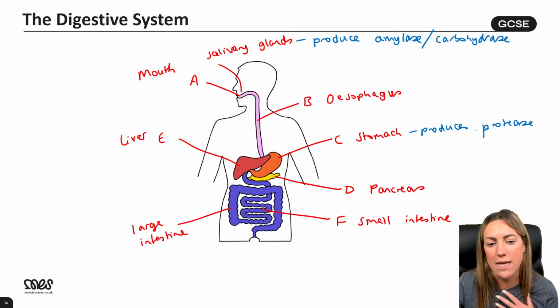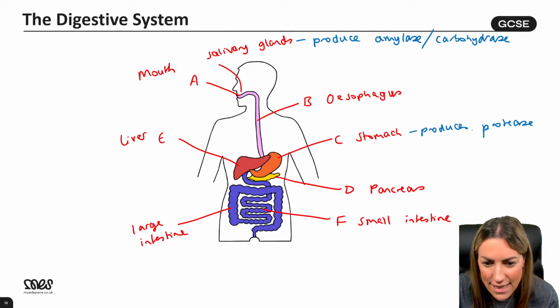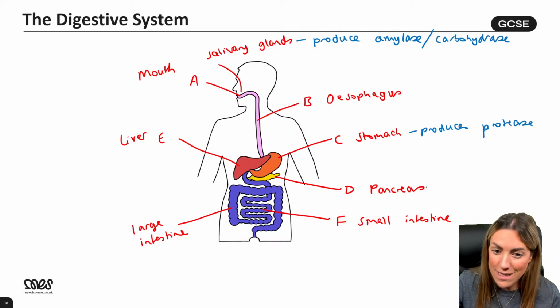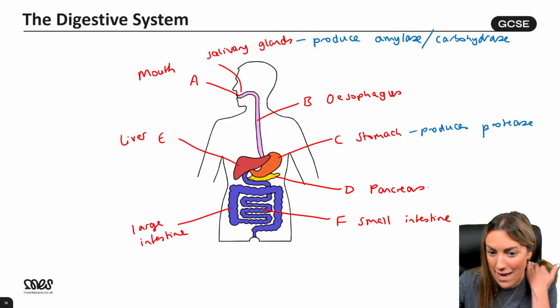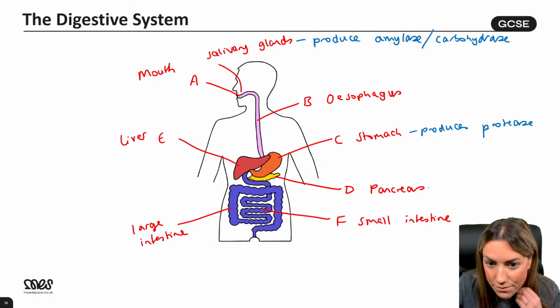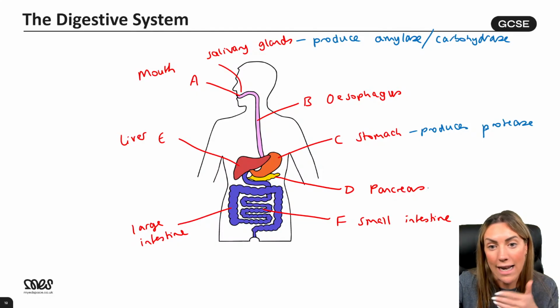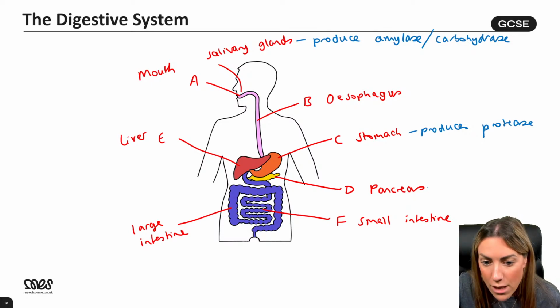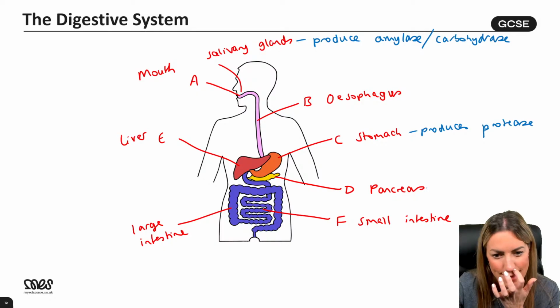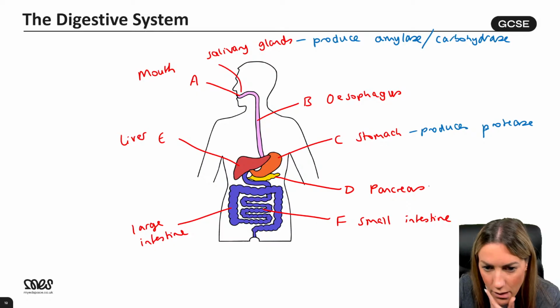I'm going to show you the job of the enzymes in a second. Don't need to know the different types of protease for AQA. You just need to say protease. No, Megan. Salivary glands, it's only amylase or only carbohydrates. Right, what about the pancreas? The bile is not an enzyme. I'll add that on in a second, honey, but bile is not an enzyme, by the way.